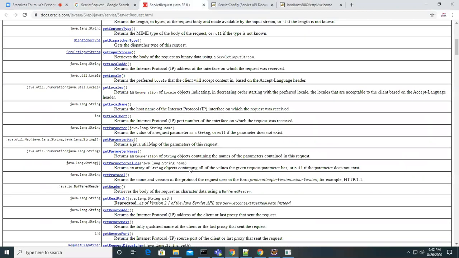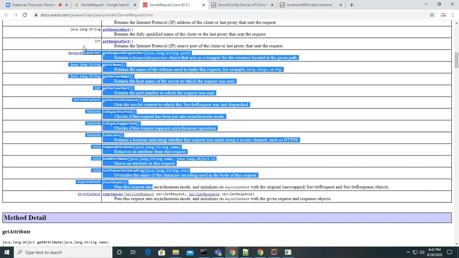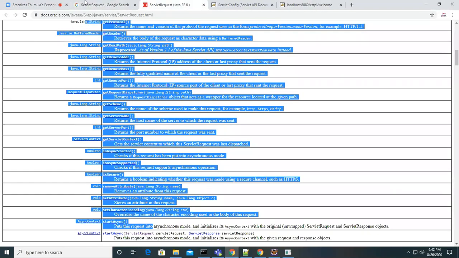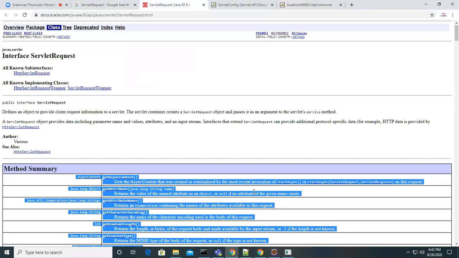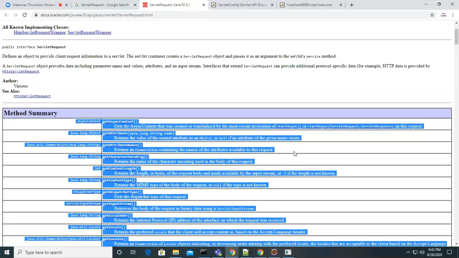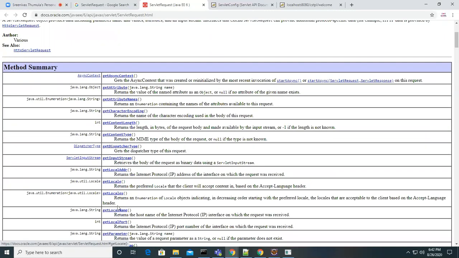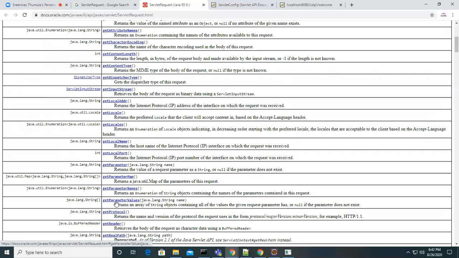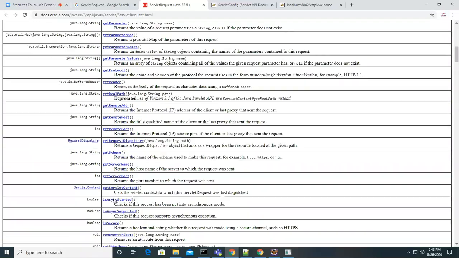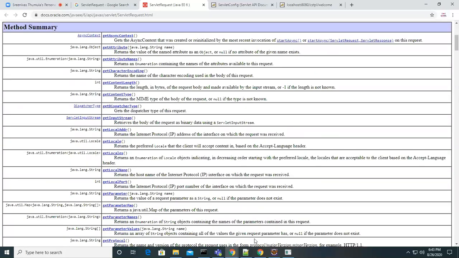Tomorrow I will take one input form, for example a registration form where you enter all the details, and when you click on the submit button, the data will go to the server, which will capture all the information and store it in a database. All that flow we will track tomorrow. At that moment, I will explain how to capture the data from the request object.